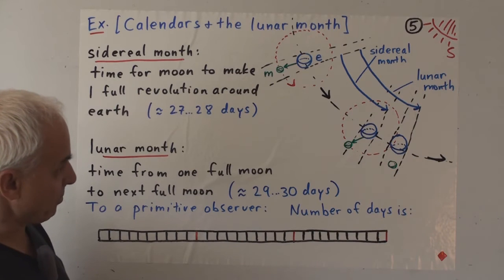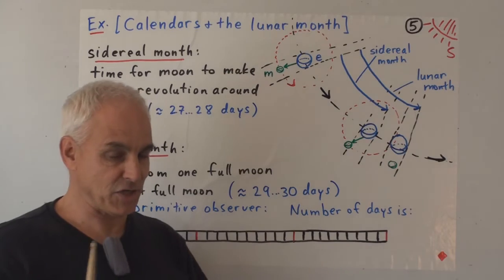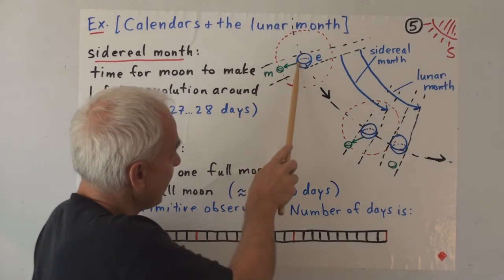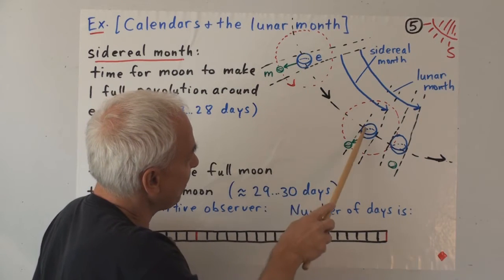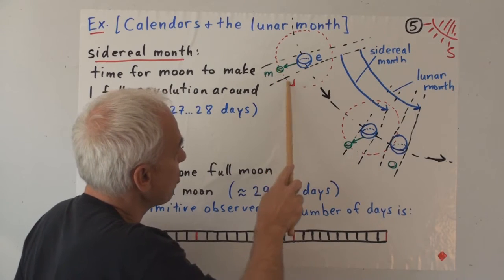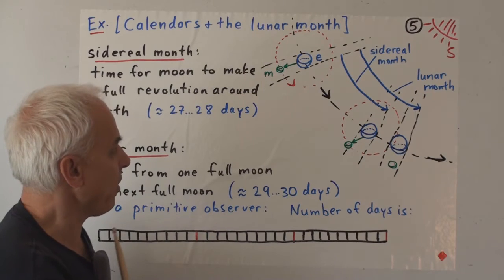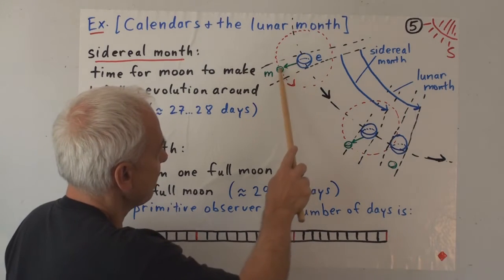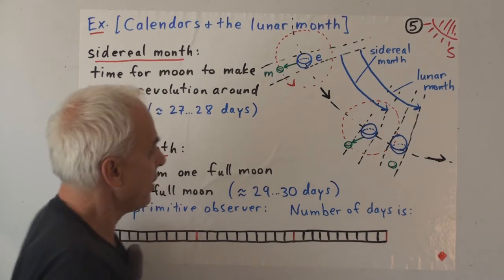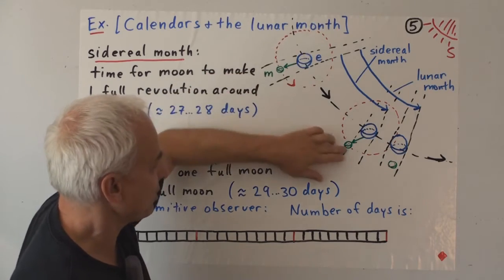Well, if we look at it a little bit more carefully, though, there are in fact two possible interpretations of what a month is. So, as the Earth goes from this position to this position, let's say that's exactly the amount of time required for the Moon to go all the way around and return to the same relative position as it did before. So this direction from the Earth to the Moon is parallel to this direction from the Earth to the Moon. So if you just looked at the Earth and the Moon, you would say that the Moon is back to where it started.